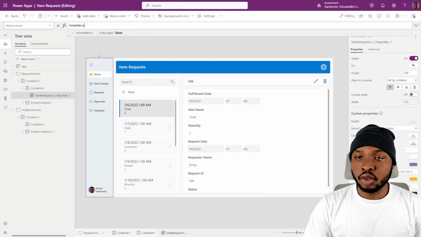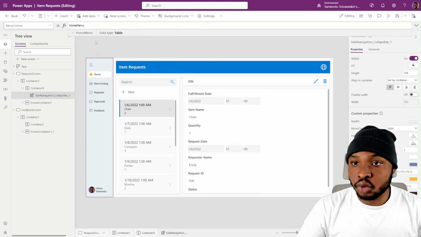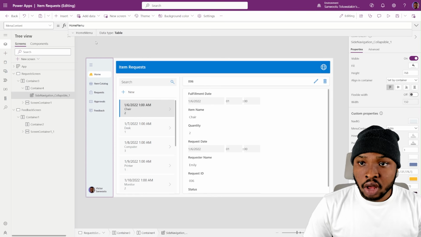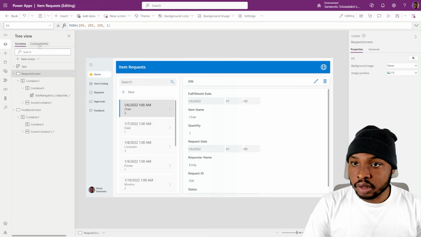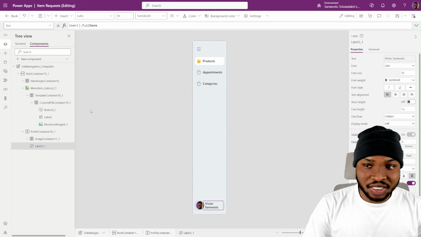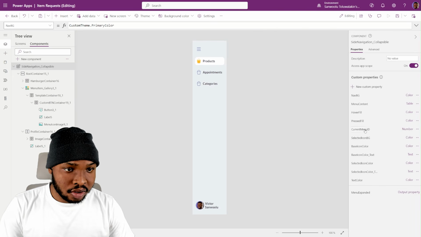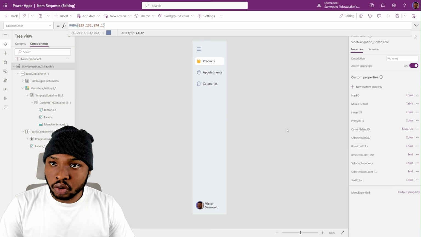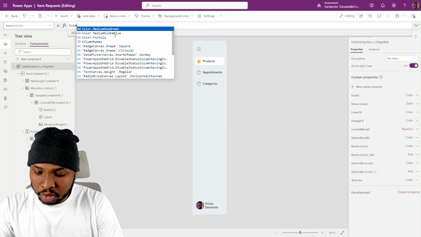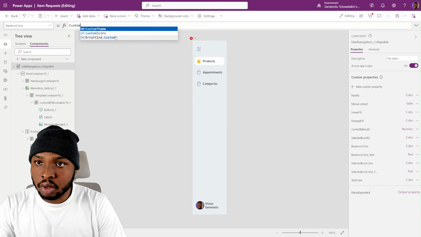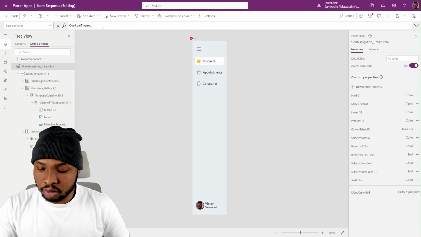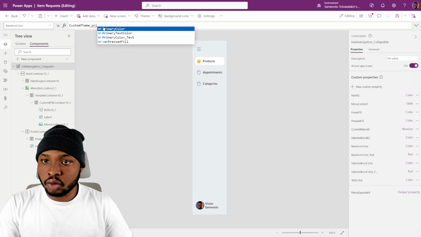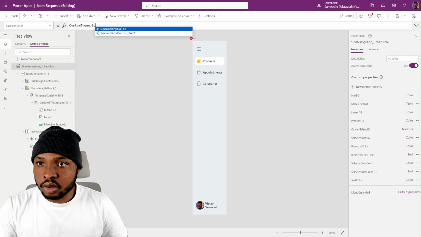That is cool. So the next thing to do now is to begin changing colors around the app. So let's start from the component. Actually, I forgot to change this one earlier. So let's change the base icon color. So that will be custom theme dot, what's it called now, primary colors. I'm sorry, it's actually secondary color,